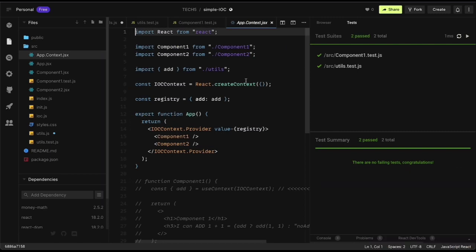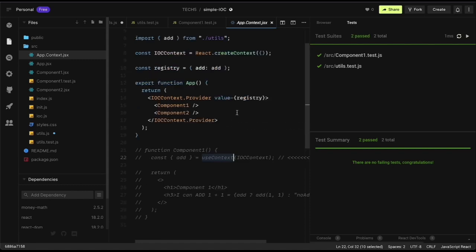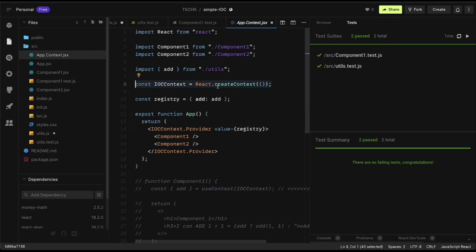Again, a very simple example, but I'm now importing React to use its create context and its use context hook. Let's look at how we can use React context for our IOC instead of a custom IOC registry. Here I'm going to create an IOC context, and here I am creating my registry, where add is the string, it's the label, and add is the function here